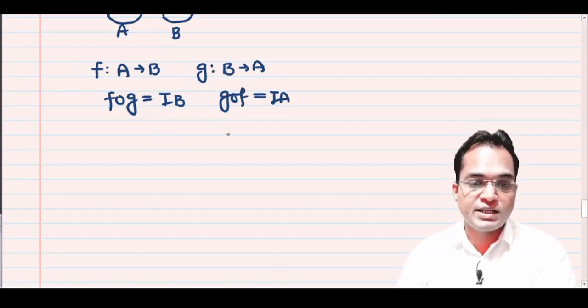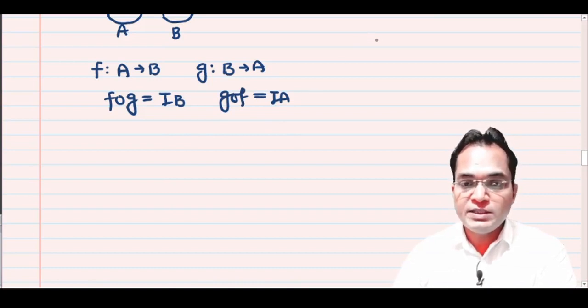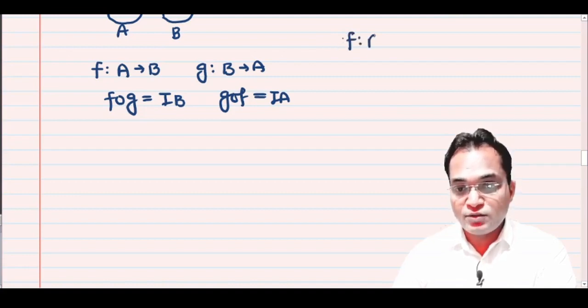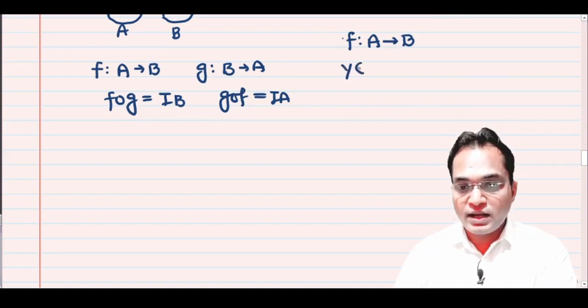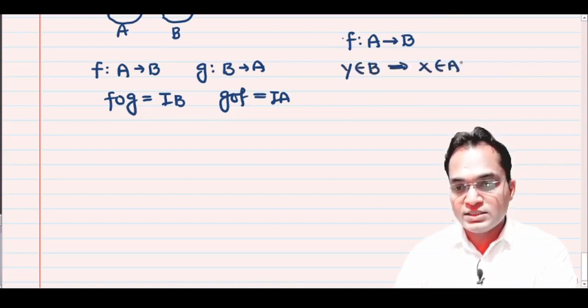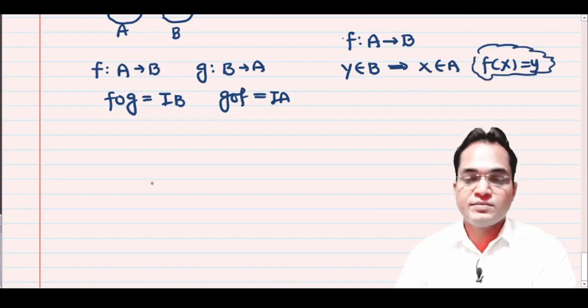अब देखिए मैं कहां से स्टार्ट करूंगा. एक्चुअली मुझे अल्टीमेट जो टारगेट है मुझे लेके आना वो कंफर्म है. मुझे लेके आना है, मैं बात कर रहा हूँ फंक्शन f के लिए. तो f के स्टेटमेंट को यहाँ लिख देता हूँ. अभी मैं रिपीट कर रहा हूँ. ये मुझे प्रूव करना है: for y belongs to B implies x belongs to A such that f(x) equals y. This is our fundamental focus, f(x) equals y.